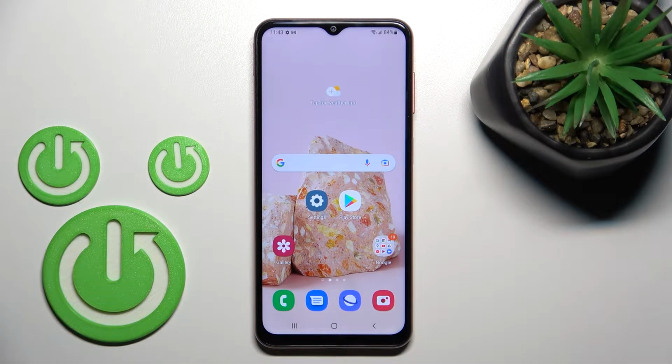Welcome, today in front of me Samsung Galaxy M13 and I'll show you how to log out from Gmail accounts